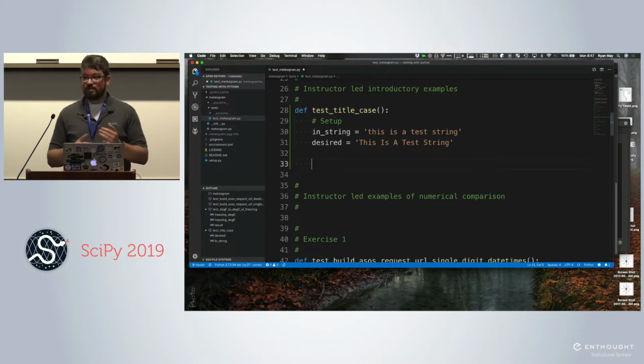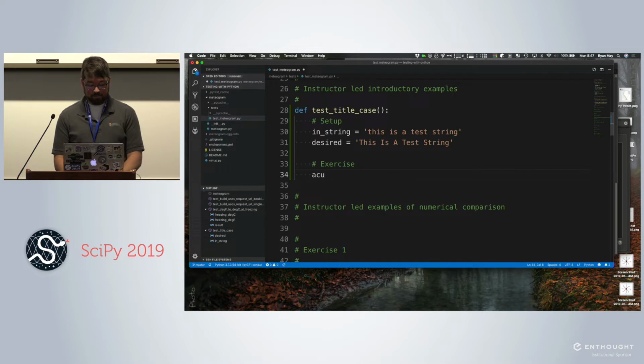So what comes after setup in our test pattern? Exercise. So the actual result that we got is going to be our input string dot title. So we're testing the title method, the string method.